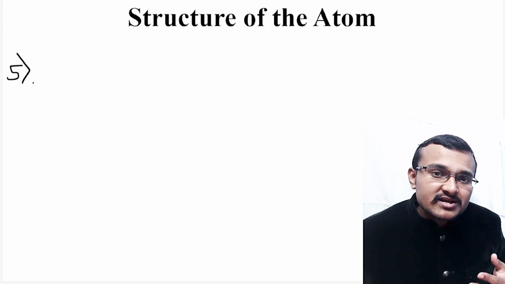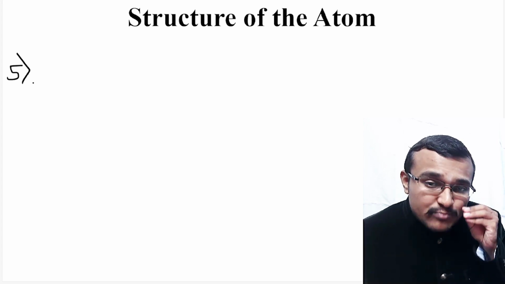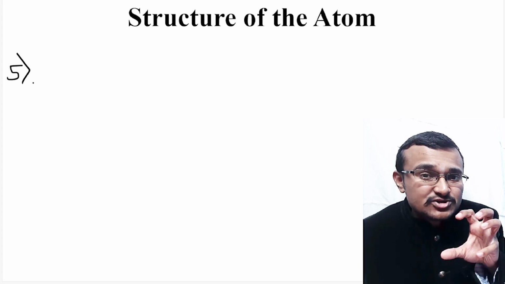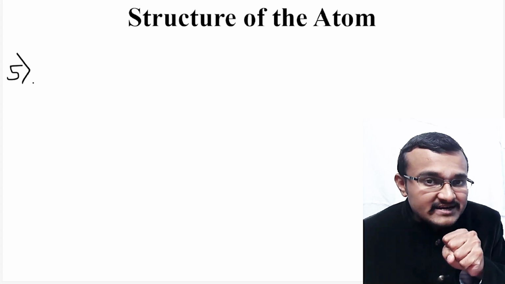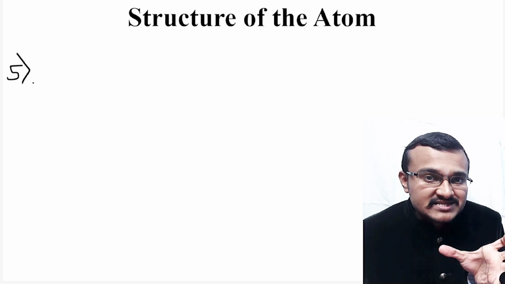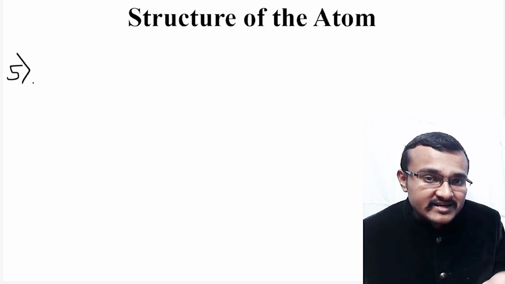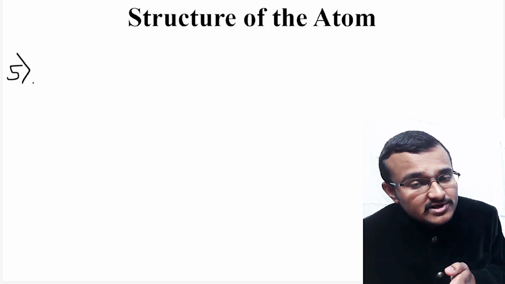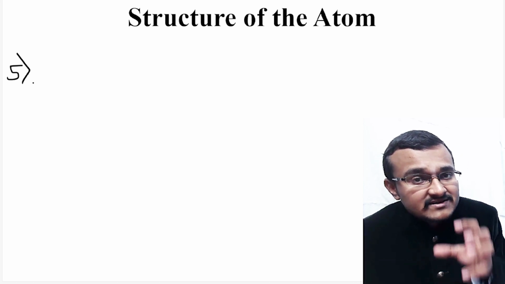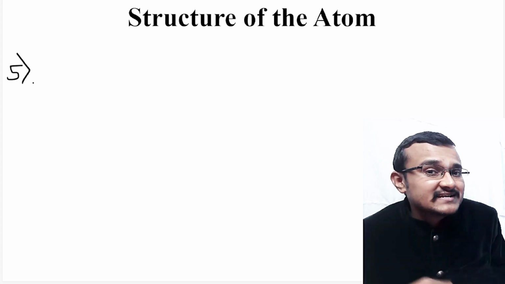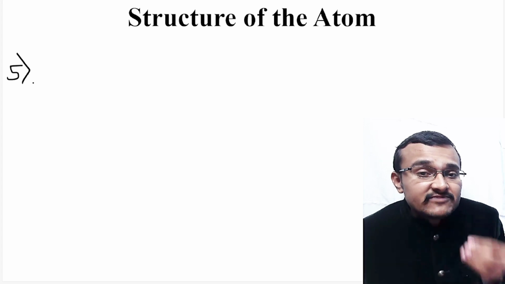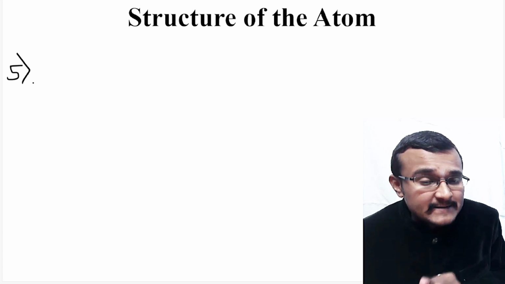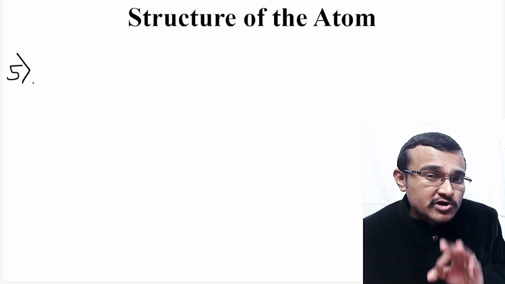So in J.J. Thomson's model, electrons were embedded in a positive sphere. In Rutherford's model, a positively charged nucleus will be there in the center of an atom, and there will be a lot of empty space present in an atom where electrons will be revolving in a circular orbit around that particular nucleus. Coming to Bohr's model of an atom, here he explained that electrons do not circulate in any allowed circular path. They will revolve around the nucleus only in an allowed discrete orbit,